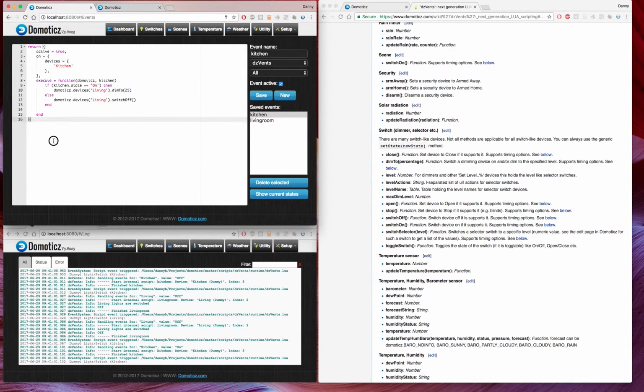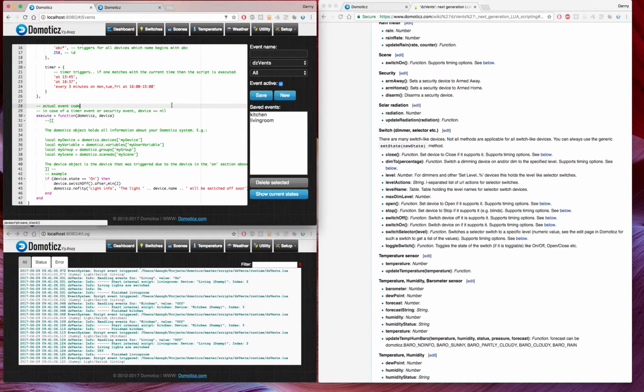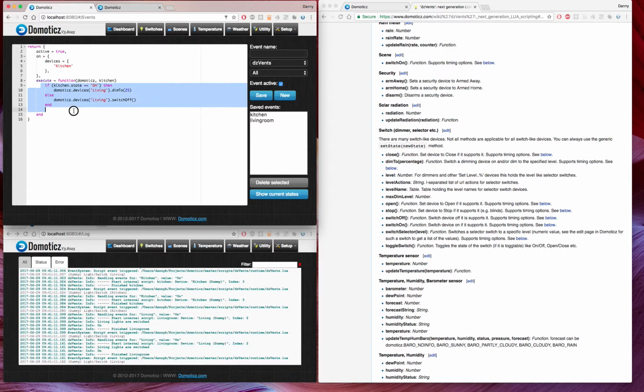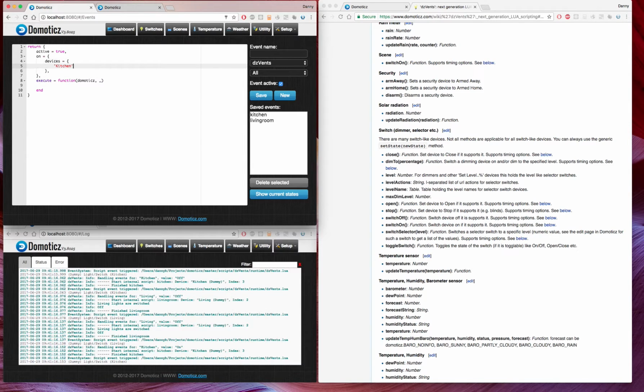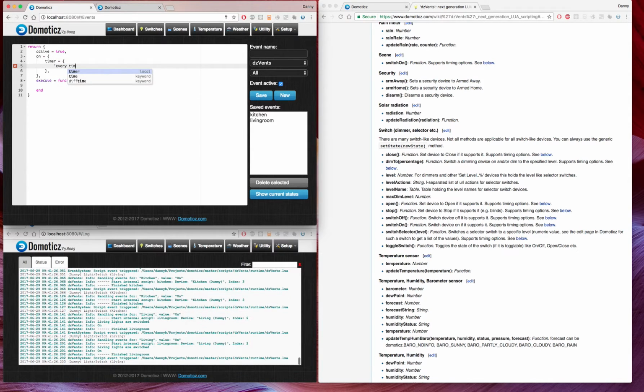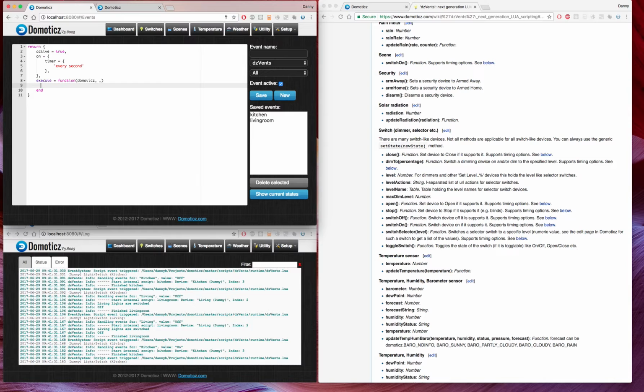That's the easiest one. So I'm going to make a copy of this script, create new, remove this because we're going to change it. Doesn't matter. And I call this timer because we're making a timer section. And in the timer section I can make timer rules every second. And now,